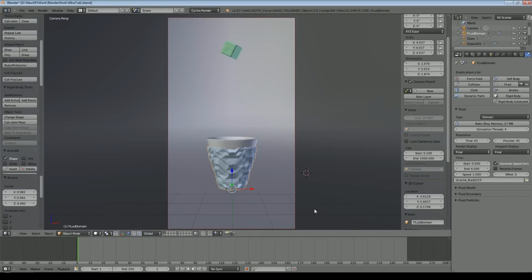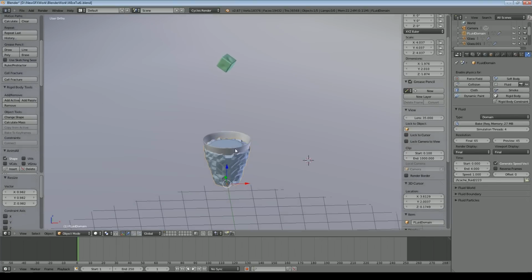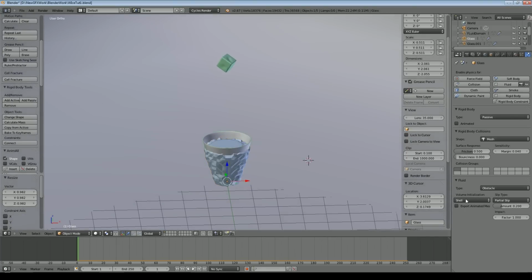Okay, I stopped the recording for a moment there just to let the baking go ahead, and also to correct a slight problem that I noticed, which was that the glass was set to volume. Now the problem with volume is that it will only use literally the volume of the glass, so the whole area in here was an obstacle for the liquid, which meant that the simulation couldn't really run because the liquid was coming from the object I created inside the glass, but couldn't go anywhere because the whole volume of the glass was in the way. So it didn't really work. But once I set that to shell, then obviously it just uses the shell that I've created, and that then allowed the simulation to run.